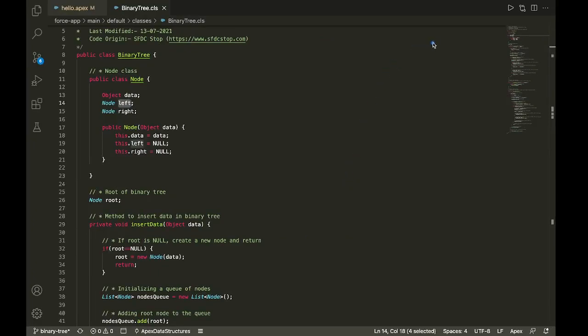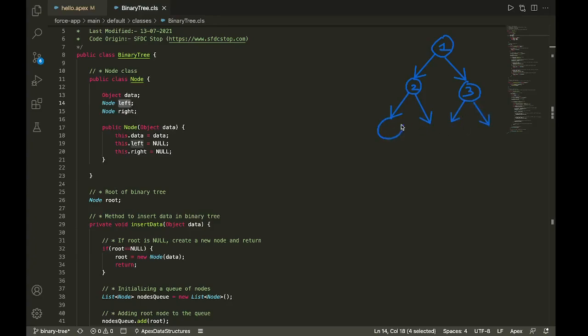A binary tree is a data structure in which each data is stored in the form of nodes. Let's say I have a node here which has a value of 1, and this node can have two children at max. One is the left child and one is the right child. So here is a node with a value of 2, and here is a node with a value of 3. And each of these nodes can again have two children, a left child and a right child.